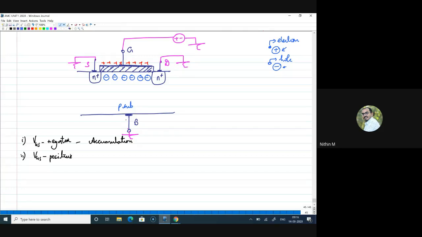So because of the positive charges on the gate, holes are pushed away and many atoms are uncovered. We call this uncovered because the free carriers are removed, so we see negative immobile ions. When there are negative immobile ions, there are no free charge carriers. So what is the region formed beneath the gate now? What do we call a region where there are no free charge carriers? Can I get a response in the chat box?